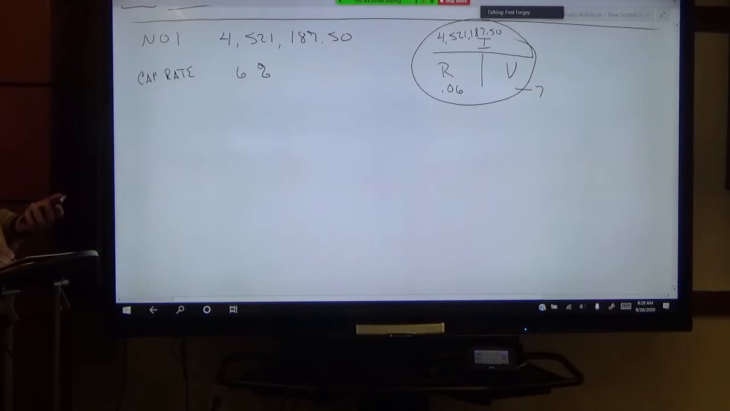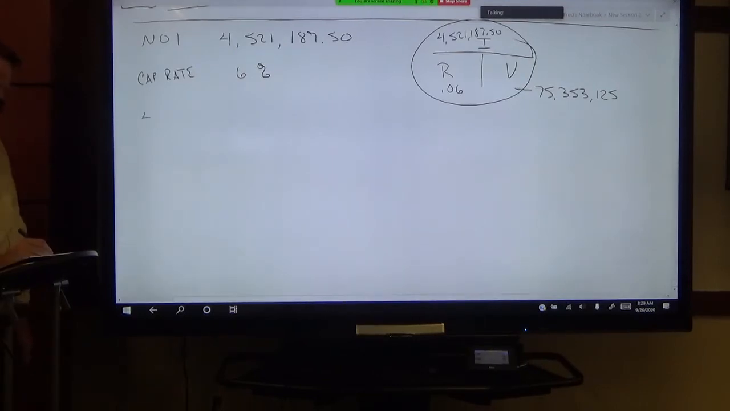That gives us a value of $75,353,125. You just gave the cap rate, right, though? Correct. You gave it, okay. All right. So, if that's the value that we get just using the cap rate, and the lender